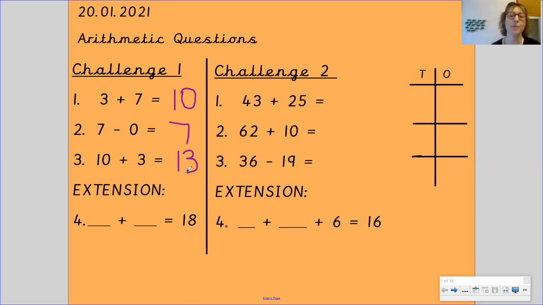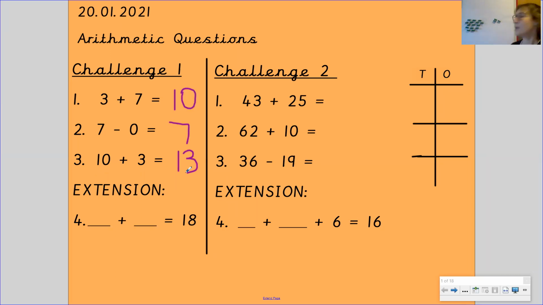And I got my cubes for my extension again. So I have got 18 cubes here. And what I'm going to do is take some and put some over on this side. So I've got some in this pile and some in this pile, but all together I'm going to have my 18. So today, instead of just moving 1 over, I'm actually going to move